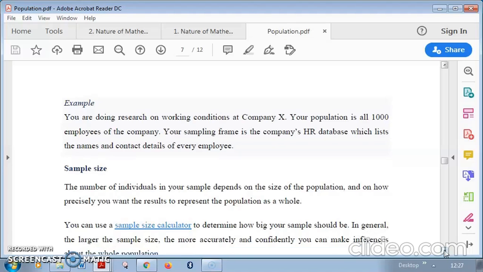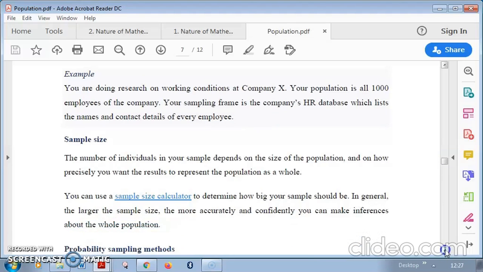Next comes sample size. Sample size plays a very important role. It should not be too small a sample, right? If it is too small, it won't represent the whole population. So the law of large numbers plays a very important role. Then the question arises, how large should my sample be? It should not be too big, very close to the population, because then you cannot even reach that many people. It's impossible for you to collect data from a very huge sample. So it should be some ideal number, where it is easy for you to collect the details.